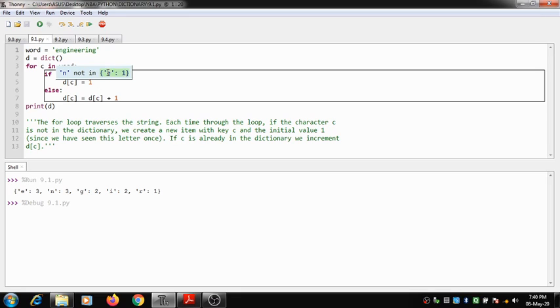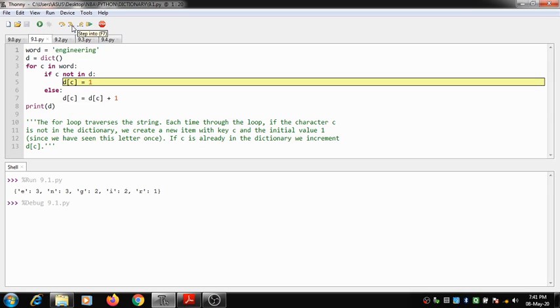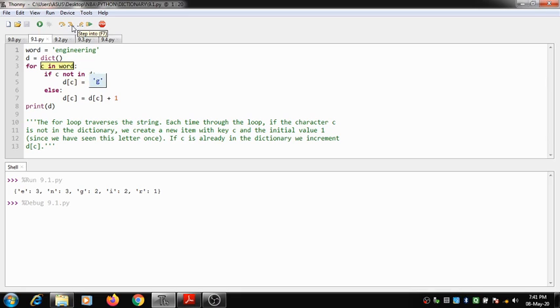Earlier it was an empty dictionary, so when I read the first character E, I marked an entry in the dictionary for the first time. So here you can see the key is E and the value is 1. Now the next element that I have entered inside the dictionary is N. As N has not been seen previously, it also is marked as 1. It's not in dictionary. Yes, true. So I will mark it as 1. So N has appeared for the first time.